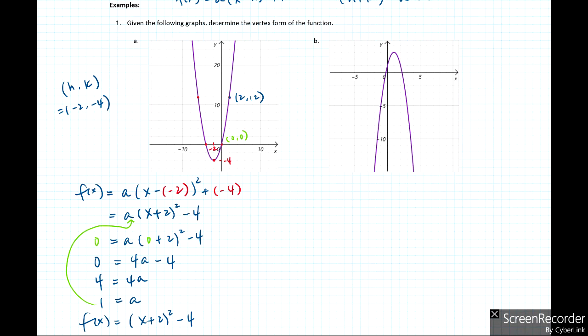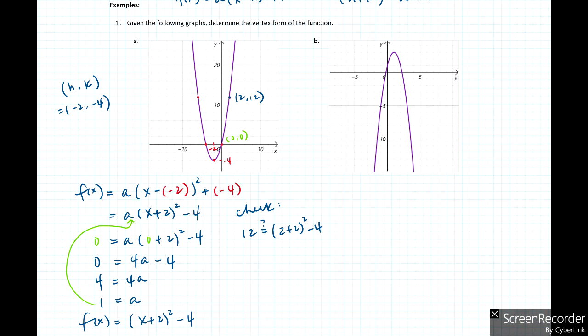If we plug 2 in, we get 2 plus 2 is 4. 4 squared is 16. Minus 4 is going to be 12. So you can use that to check this whole process over here. And since this is the first time we checked, we can even write out the steps over here as well. We want to see whether 12 is indeed equal to 2 plus 2 squared minus 4 over here,